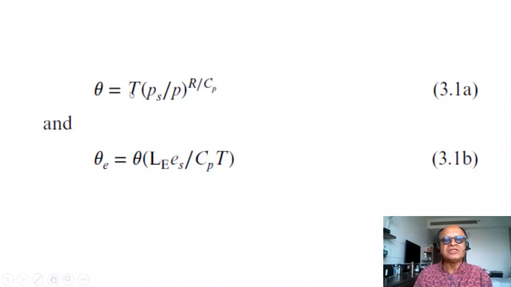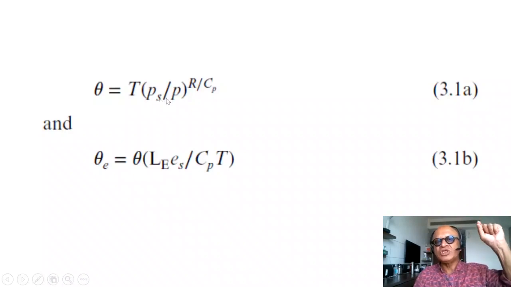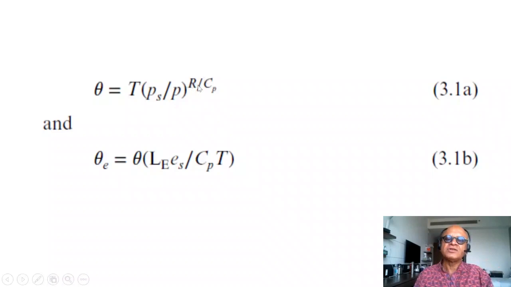So it's the in situ temperature times PS, the standard pressure, divided by P, its in situ pressure where it starts, to the power of R over Cp, where R is the ideal gas constant and Cp is the heat capacity at constant pressure. When the air parcel has water vapor in it, you have the equivalent potential temperature, which